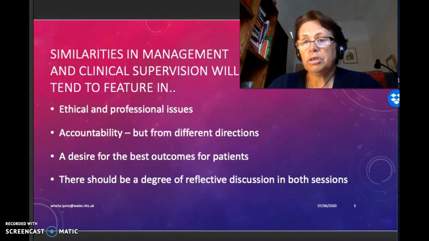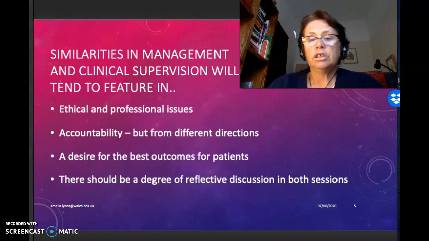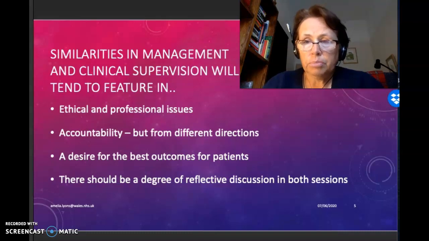And clinical supervision will probably look at those areas and look, is this unique individual patient actually getting the treatment that they really need? And that debate is something to then be maybe taken back into the management room to look at. I think that this patient needs another kind of treatment. Can we discuss this? Can we explore this? So there should be a degree of reflective discussion in both supervisions,